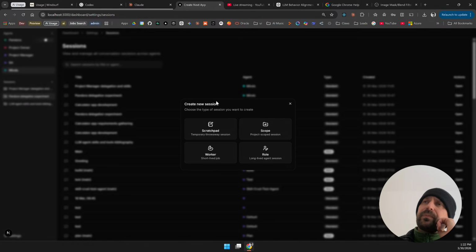So the sessions are probably not yet nailed down. Probably there will be some changes, but the concept is a little bit different from standard LLMs, and it combines some new features with the old features, a bit of OpenClaw, a bit of standard LLM thinking or session management,